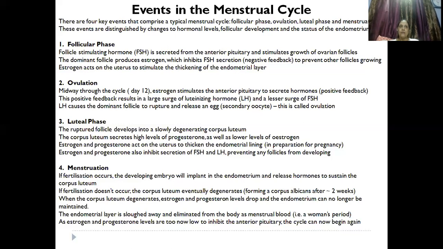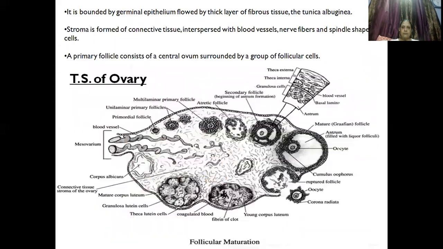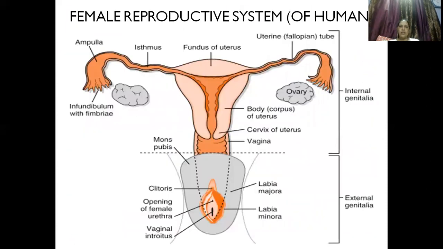The dominant follicle produces estrogen, which inhibits follicle stimulating hormone to prevent other follicles from growing along with it. So the estrogen acts on the uterus to stimulate the thickening of the endometrium wall. Here you could see the structure of the fundus of the uterus. The pink part is the uterus, wherein inside you will be able to see the red lining,